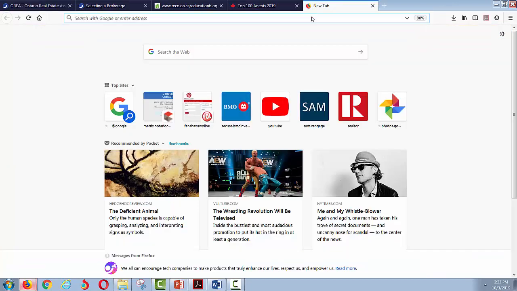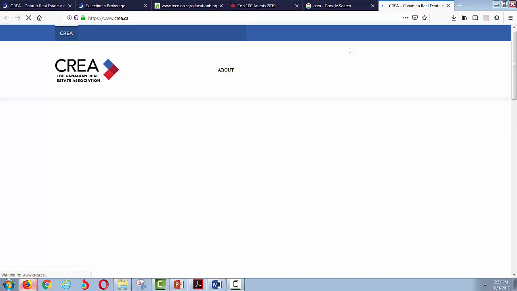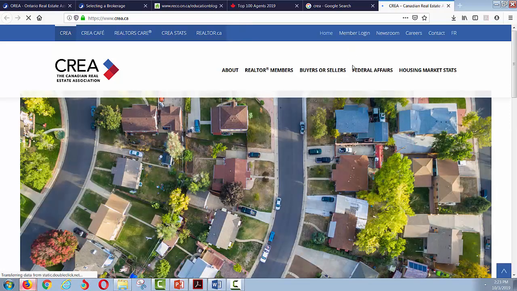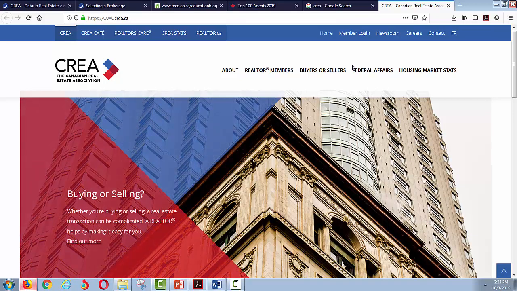Then there's the Canadian Real Estate Association, which I will pull up as well. If I search that in Ontario, I'm sure it'll come right up. They're the regulatory body for the entire country. Some commercial realtors are members of both the Ontario Association and CREA. They regulate all the paperwork and stuff like that, but I'm not actually a paid member of CREA.